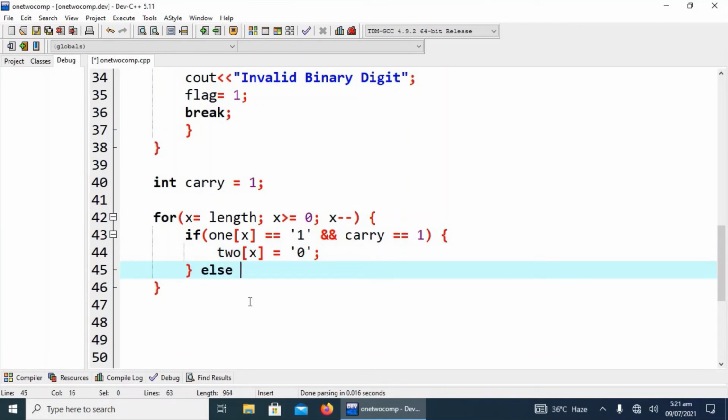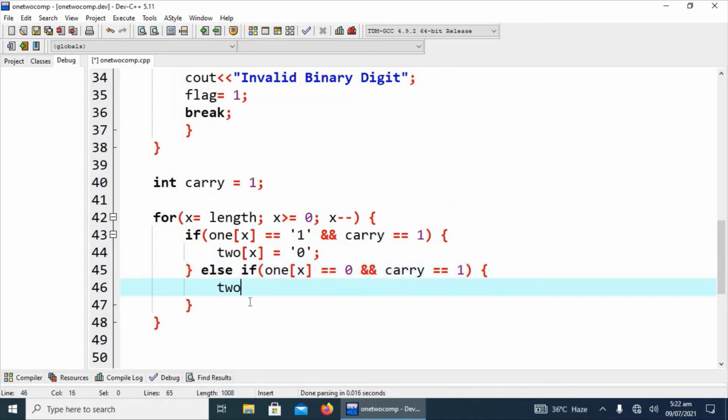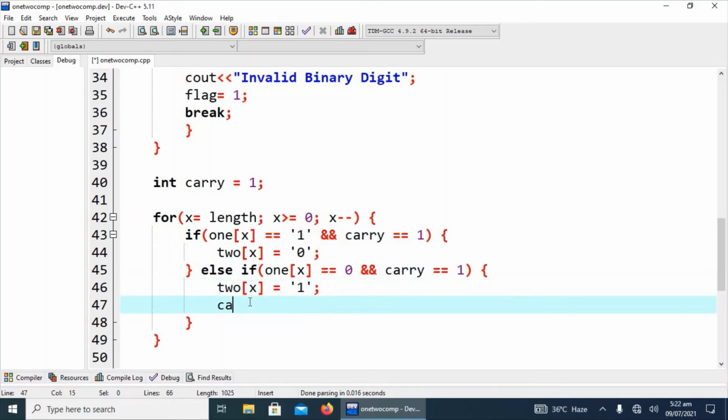Then the second logic is else if ones[x] is equal to 0 and carry is equal to 1, then the 2's complement at the similar index will be 1, and we will have to absorb the carry.